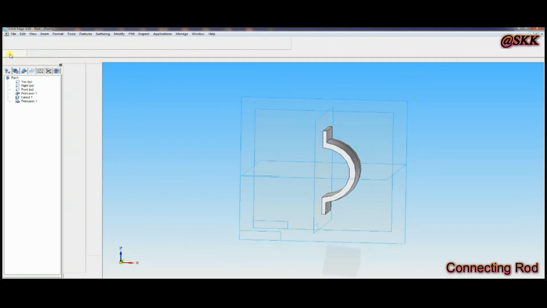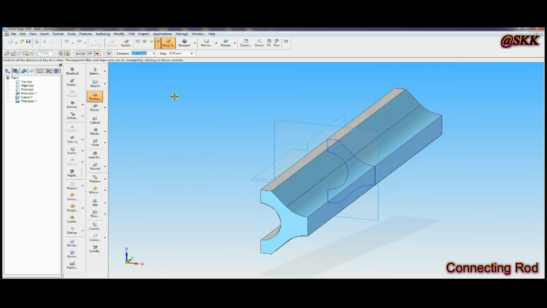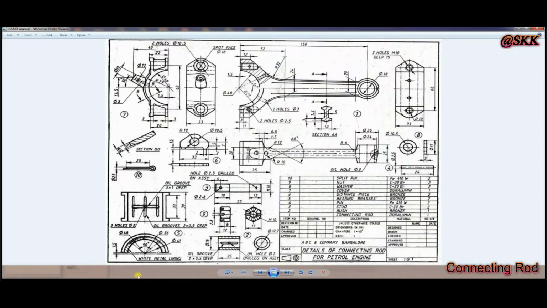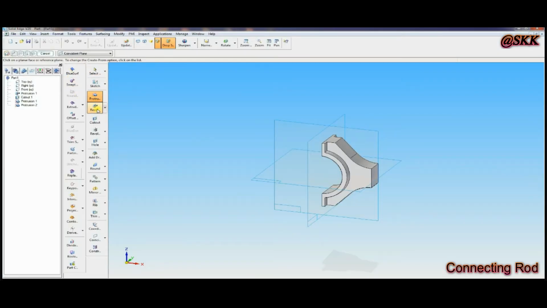Now click on return and give width symmetric, width about 20 mm. And now you can see a small curve of radius R10 you have to give. For that, select round, radius 10, click the desired direction, desired end.